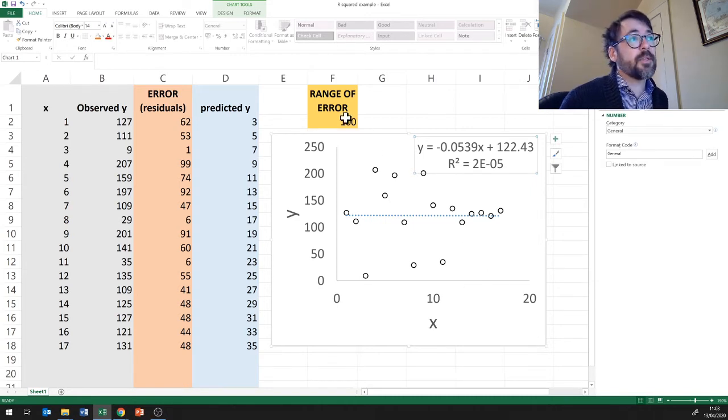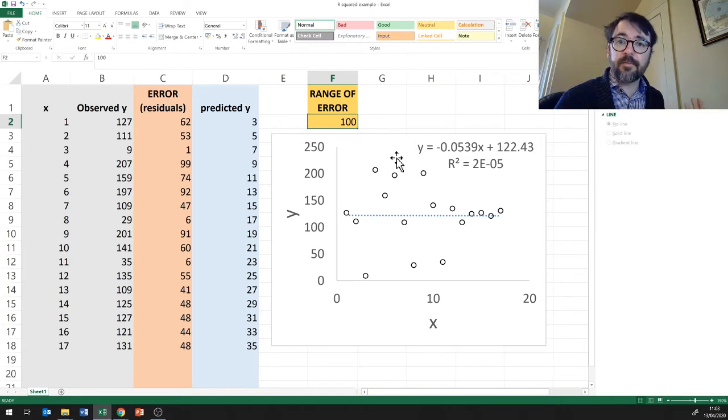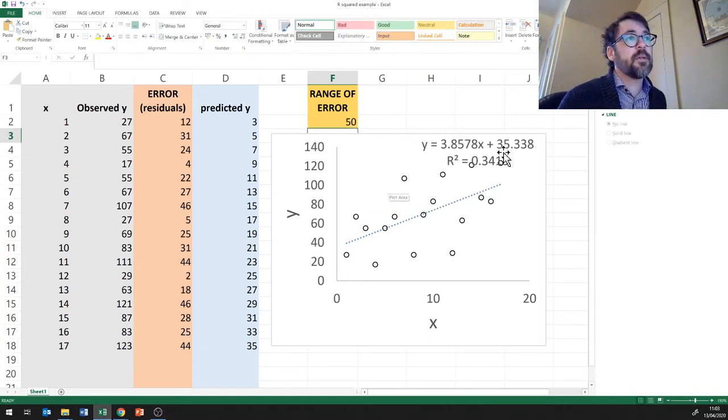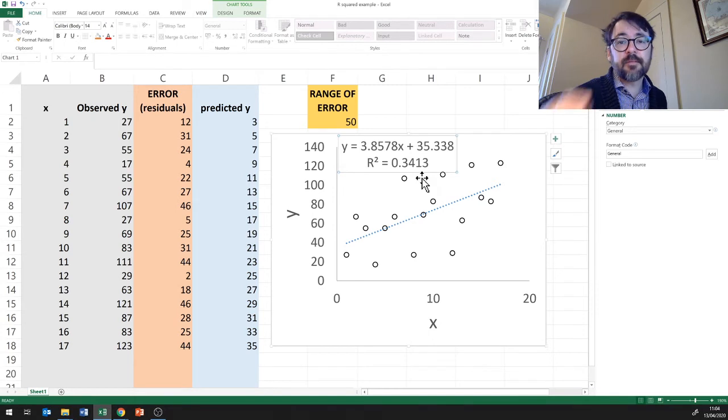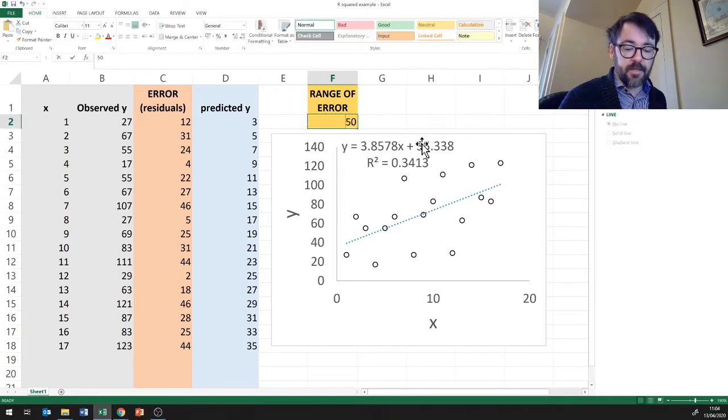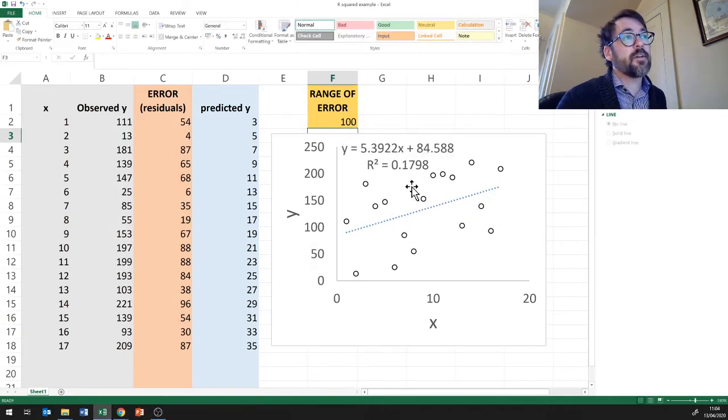You're probably going to see really bad r squared values because there's a lot of things going on in a forest, right? So sometimes students get stressed out. An r squared value of 10 or 15 or 20% is probably good for the climate variables. They're often going to be bad, and that's fine, right? That's because if the r squared value is really low, right? So here, our r squared value is